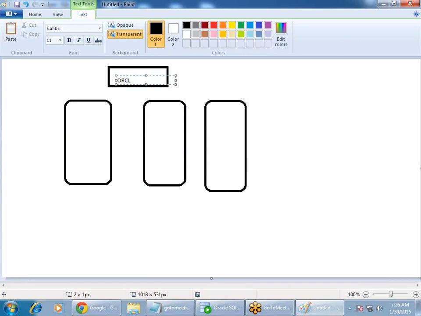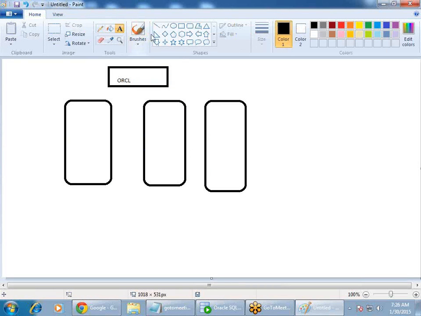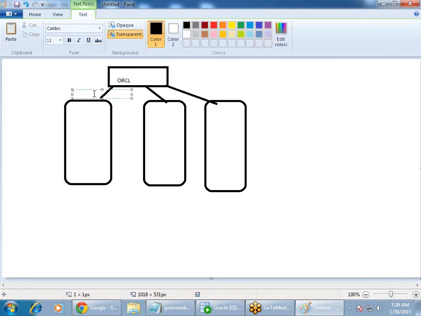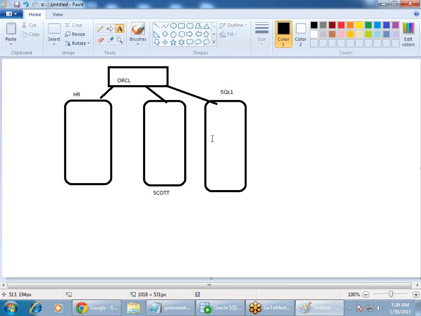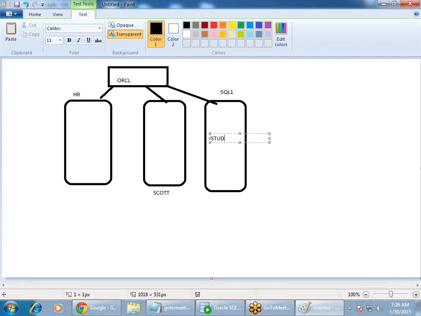Under the ORCL database, I have different schemas. Let's say I have an HR schema, a SCOTT schema, and something called the SQL1 schema. If the SQL1 user has created a student table and has given a privilege to the HR user to access it,